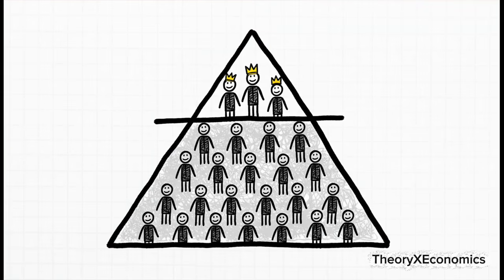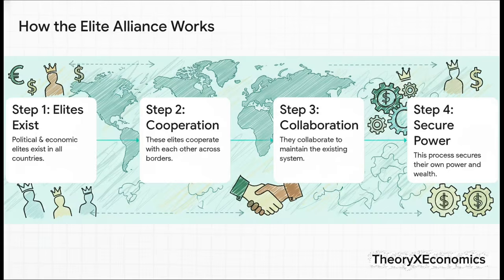And here's a really interesting twist. The theory says this structure isn't just between countries, it's also within them. In every single one of those four tiers, from the richest to the poorest, you have a small, very wealthy elite, and then you have the much, much larger working class. And here's the real kicker. The theory argues these elites don't just stay in their own countries. They actually cooperate with each other across borders. So the elite in a poor country will work with the elite in a rich country. Why? Because by working together to keep this global system in place, they all secure their own personal power and wealth, even if it comes at the expense of the majority of people in their own countries.